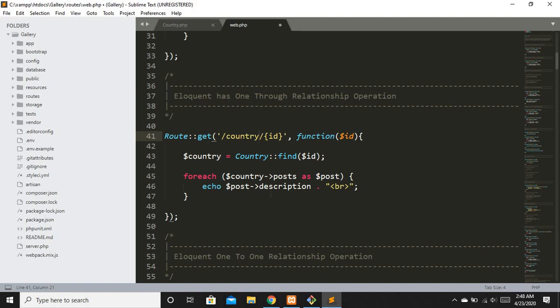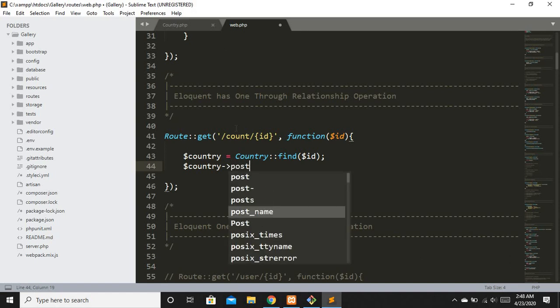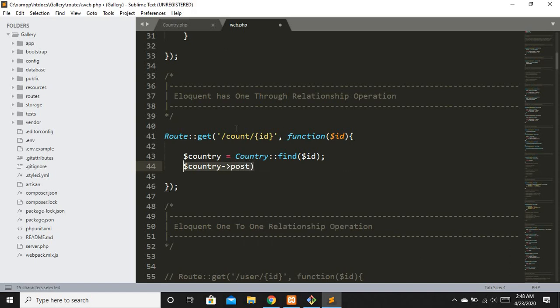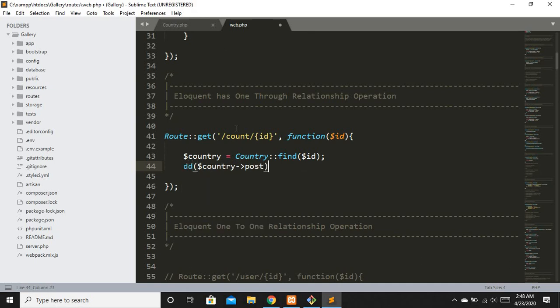Let's change it a bit because we can't have two routes with the same name. I made it count id. We are just going to find a country, and then we are going to find the post related to that country. Again, I'm saying the more relevant example related to the hasOneThrough relationship is present in the Laravel docs, and we will just see it. Just wait a bit. I will just dd it for you so that you can see it is only going to return only one record in this case.